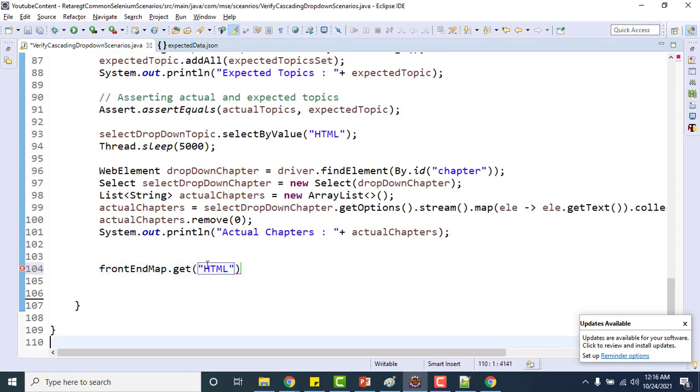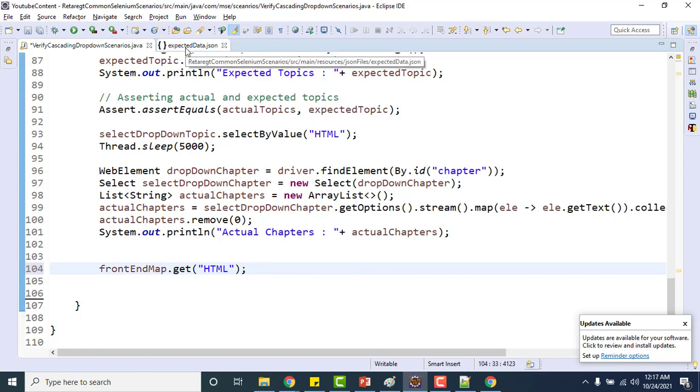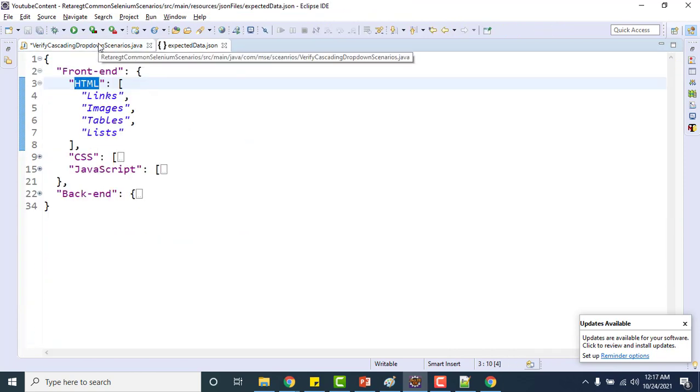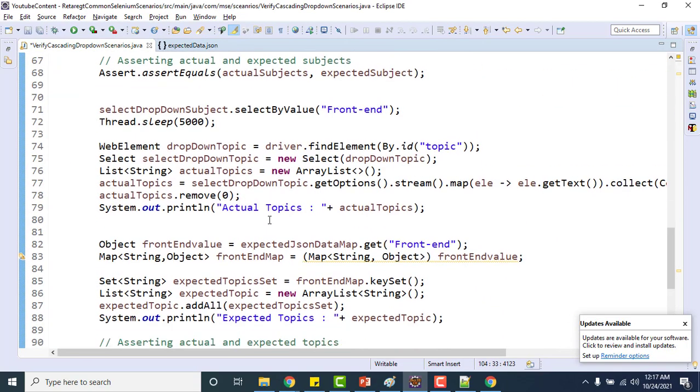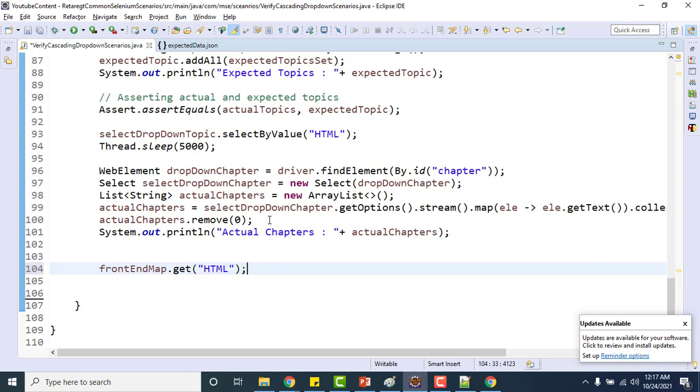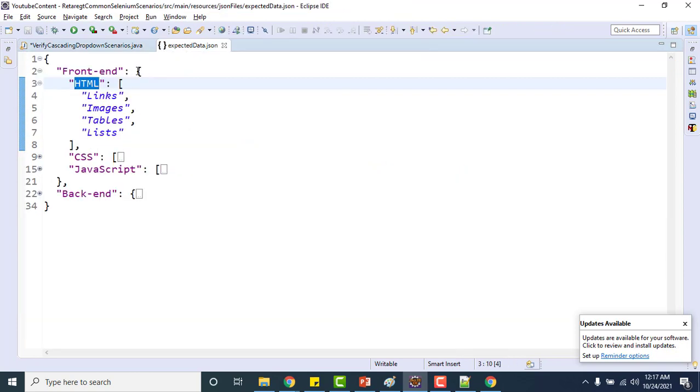Okay, now the tricky part is here. Like earlier, in the second drop down we have, topics, right? Inside the topics we converted, once we got the front end, then I cast it to a map, right?